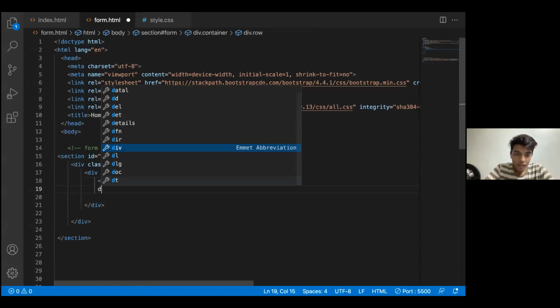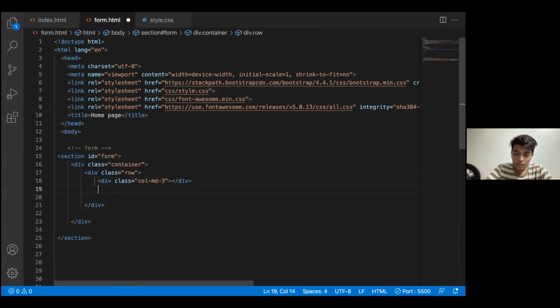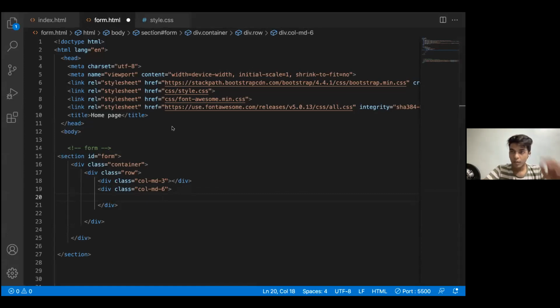Now we'll be actually making a class of column dash MD6 for our form. We won't be styling it now, we'll be styling it later so that you can get a crunch of what is happening with that. Now we'll be placing in two things. First, I want to place my form in a card.